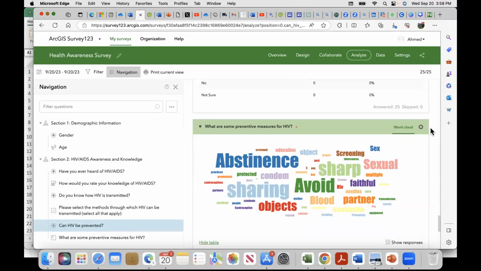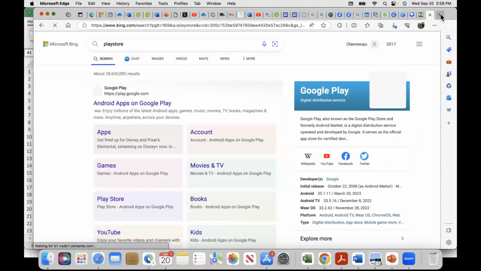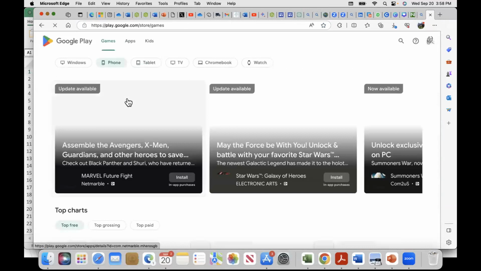Now, all this is online. What about if I want to run this in an offline environment? So I go to Play Store. For Survey123, there is a tool on Play Store that you can actually download. It's also called Survey123.